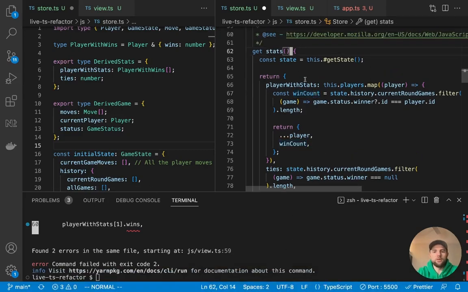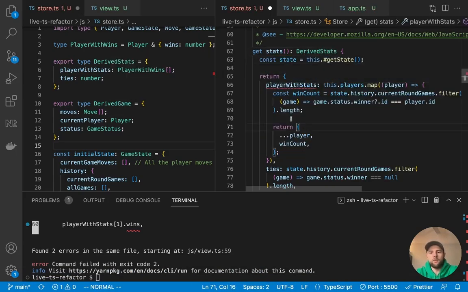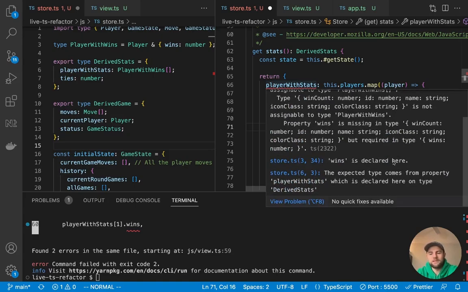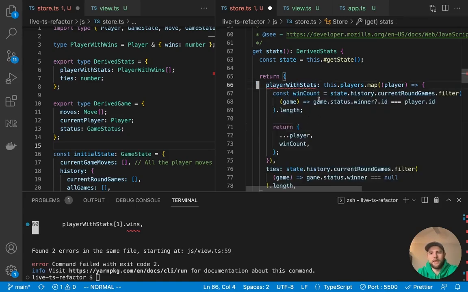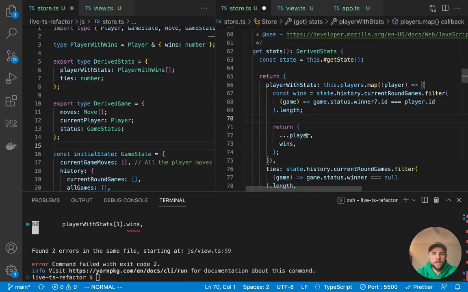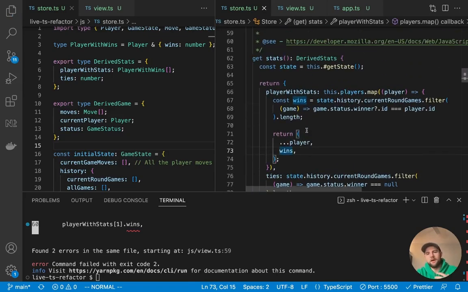So if we explicitly say derived stats, now when we change it, it's going to complain because the wins is declared here, but we are calling that win count. So if we put that back to wins, now it's going to be happy, and it gives us the assurance that we didn't break something elsewhere within our code base.